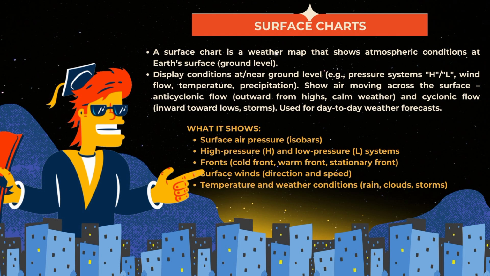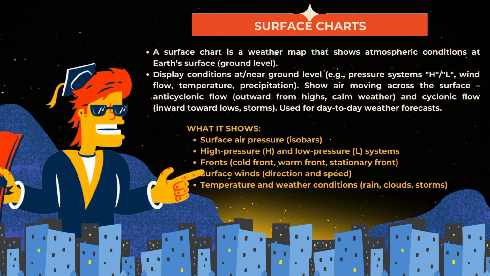surface charts. When we say surface chart, it is a weather map that shows what is happening at the Earth's surface or ground level. So this is the weather that we actually feel every day. It shows air pressure, wind direction, temperature, rain clouds, and weather fronts. So this surface chart shows the atmospheric conditions at Earth's surface or ground level, or the lower layer of the